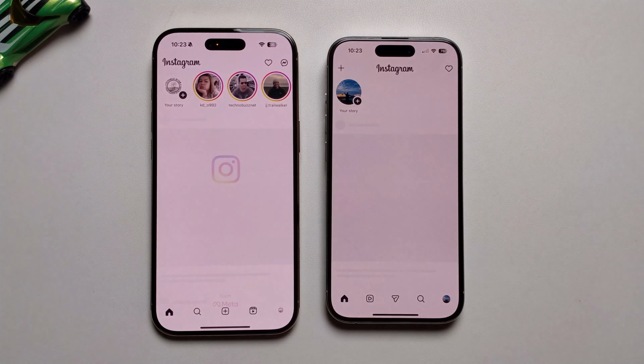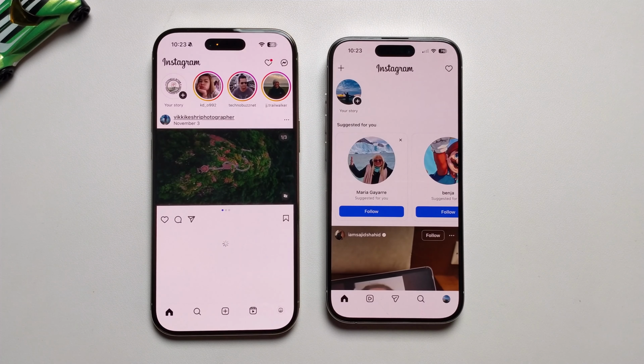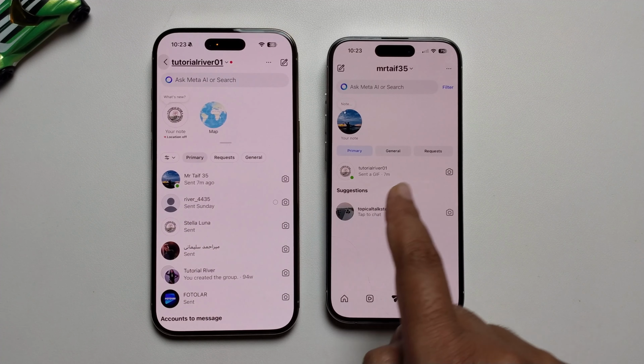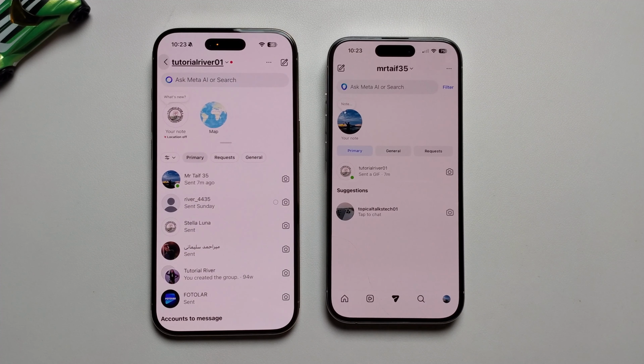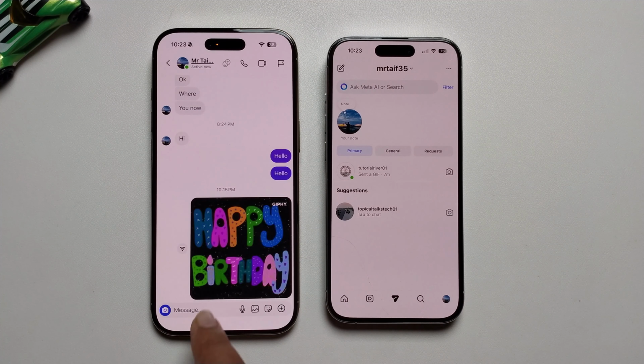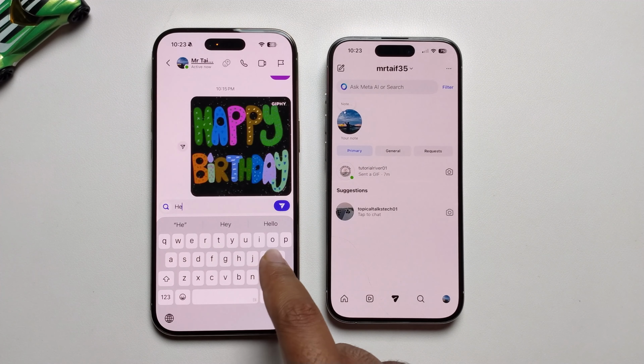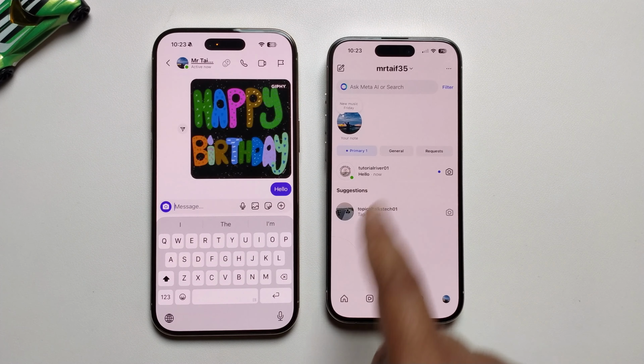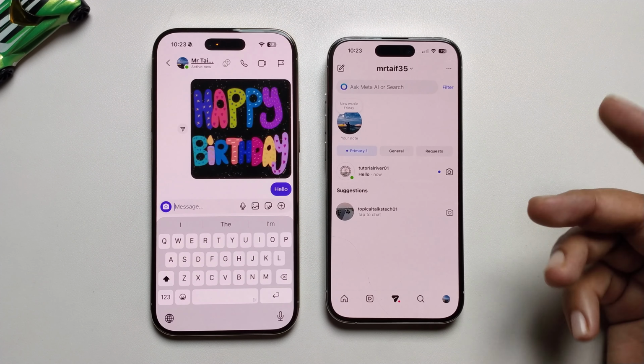First, open your Instagram, click on the message option, select a conversation, and message this account from this account. Okay, so like a text. Okay, get the message. So if you want to read this message without seen, you need to first